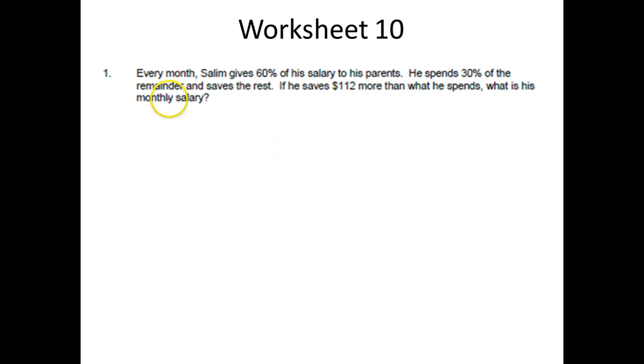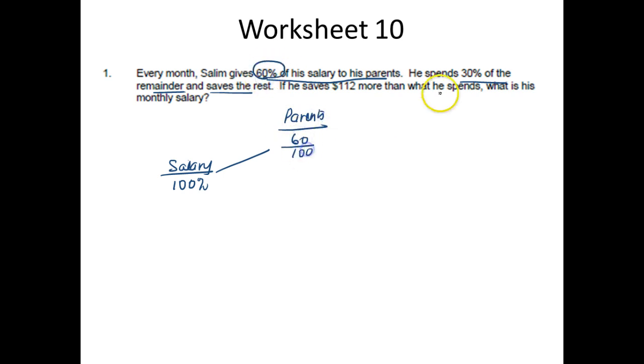Worksheet 10. Every month, Salim gives 60% of his salary to his parents. He spends 30% of the remainder and saves the rest. So this is Salim's salary, which is 100%. He gives to his parents 60%. 60% is 60 out of 100. Spends 30%